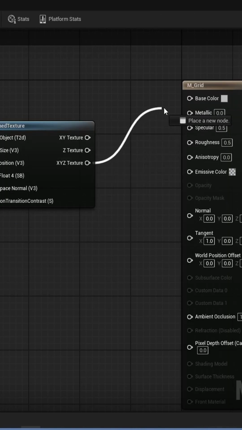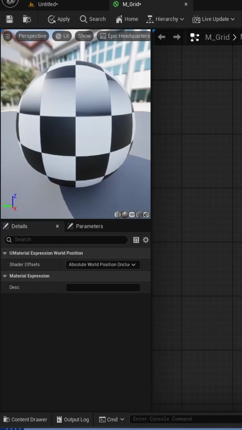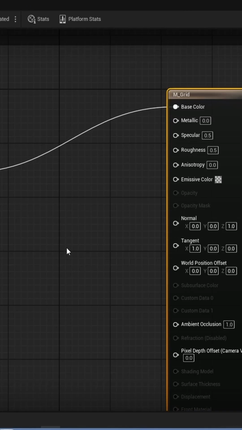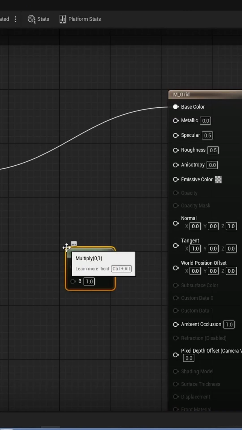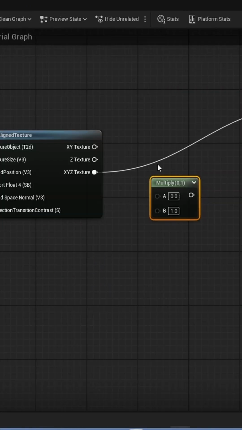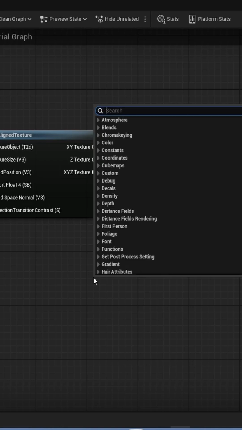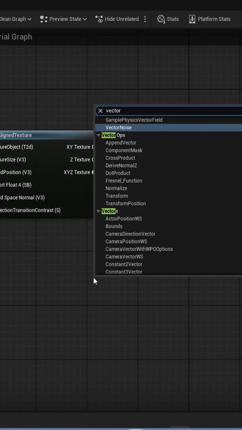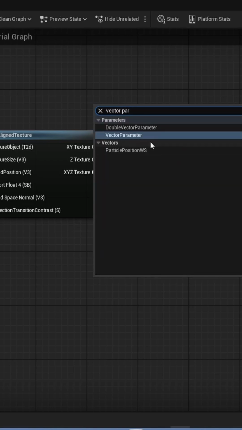If I plug the XYZ texture into the base color, I can now see my texture. I hold down the M key and left click to add a multiply node. I connect the XYZ texture to the A input of the multiply node. I add a vector parameter node and rename it to color, and this is what will allow me to change